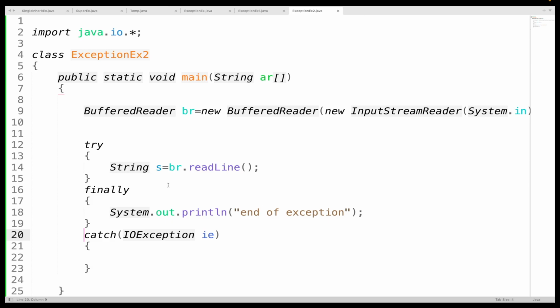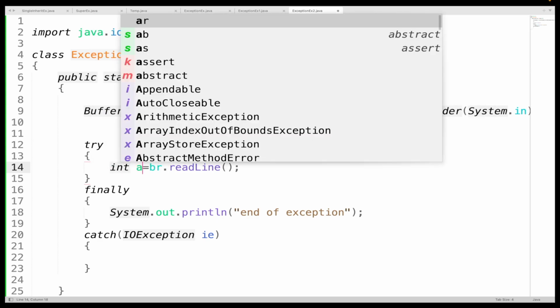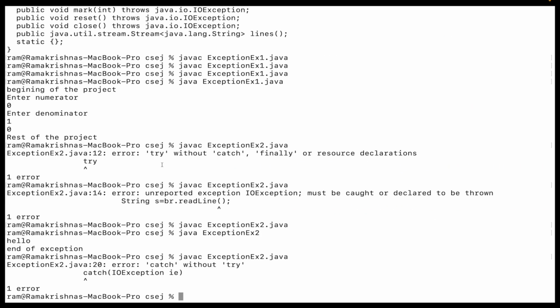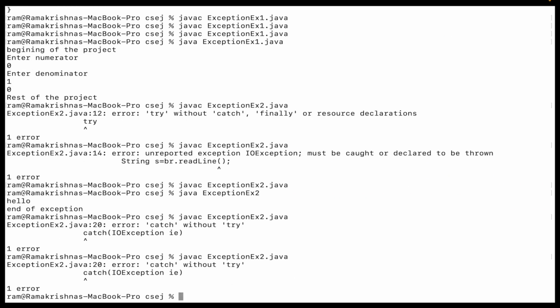Now, instead of storing that into a string, let us try to store it in a